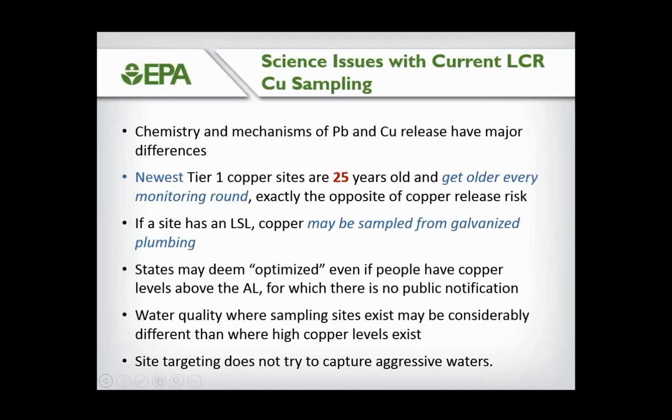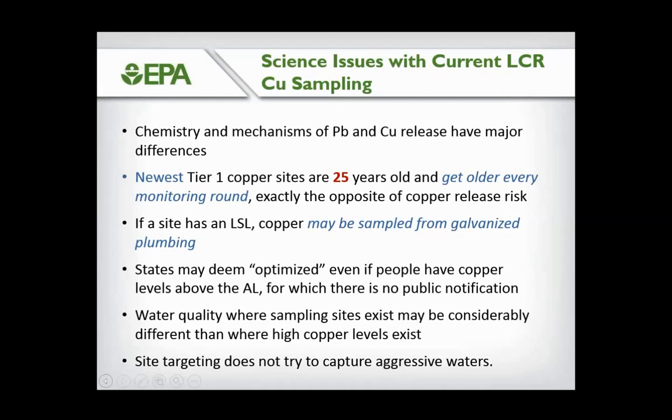If a site has a lead service line, it's still sampled for copper, and so often the copper, there isn't any because many of the lead service line sites actually have galvanized plumbing in the interior. It's also possible for states to deem systems optimized with copper, even if the copper levels are above the action level, but there's no public notification, so the public doesn't realize that in new construction they can be exposed to